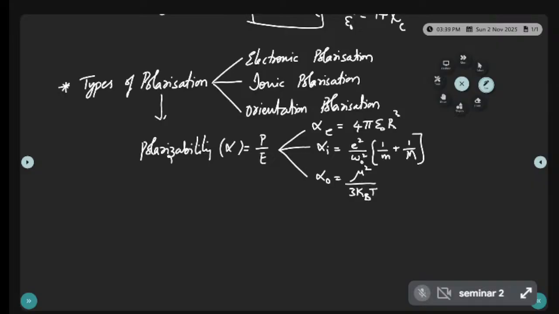How is an ionic bond going to form? What is an ionic bond? A bond between positive and negative charges. Those positive and negative charges are named as